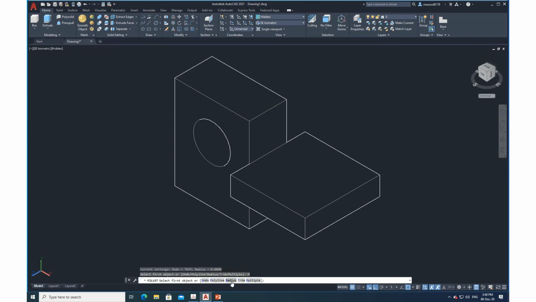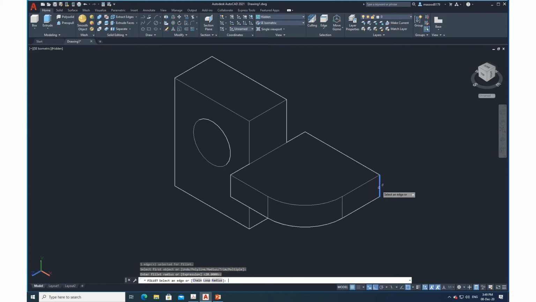Now I am selecting radius. See in the bottom what I am doing? I am clicking on radius. How much is the radius? I will say 20. Enter. Now I will go and select this line. I will select this line. Enter. Enter. See, it's already done. Since I selected multiple, still I have got the icon there. Command is there. I will select this. Enter. Enter. See, it's already done now.